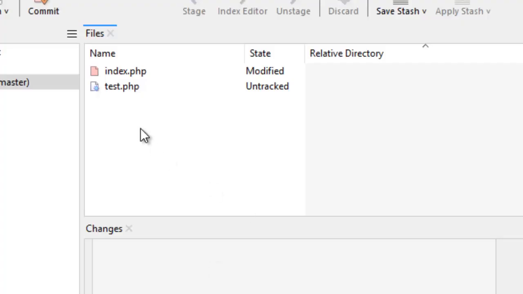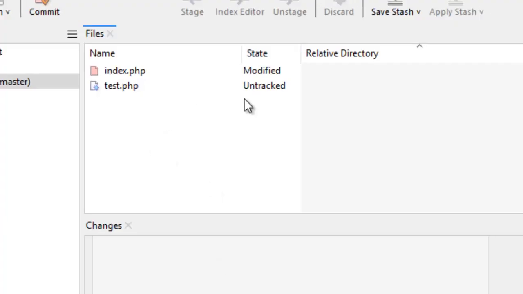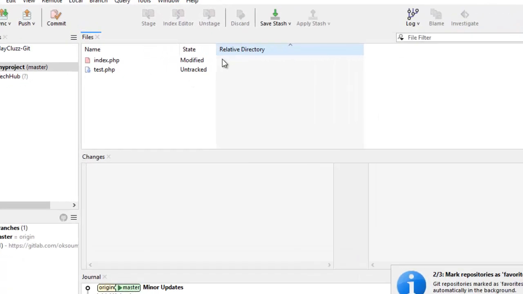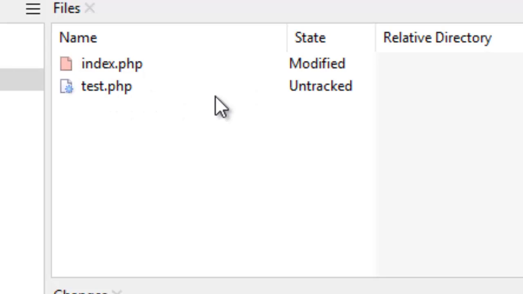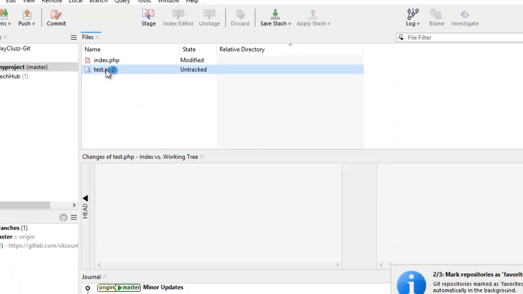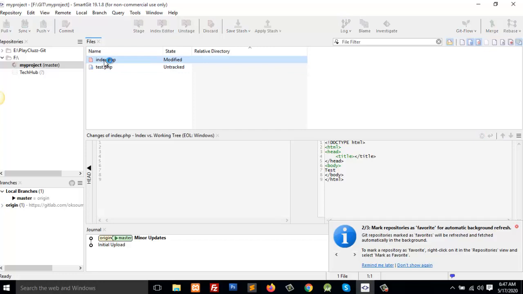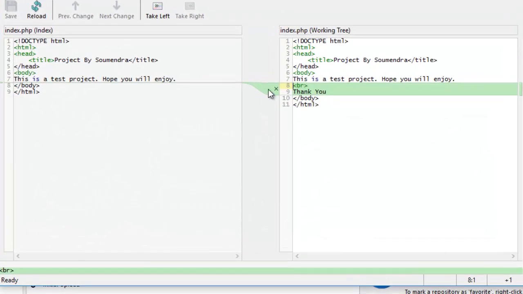Now if you go to the SmartGit software again, here we will find the index.php has been modified and test.php is untracked, means test.php is a new file. So if you double click on test.php, you can view the file here. If you double click on index.php, you can see the changes here. So here the changes is I have added these 2 lines.